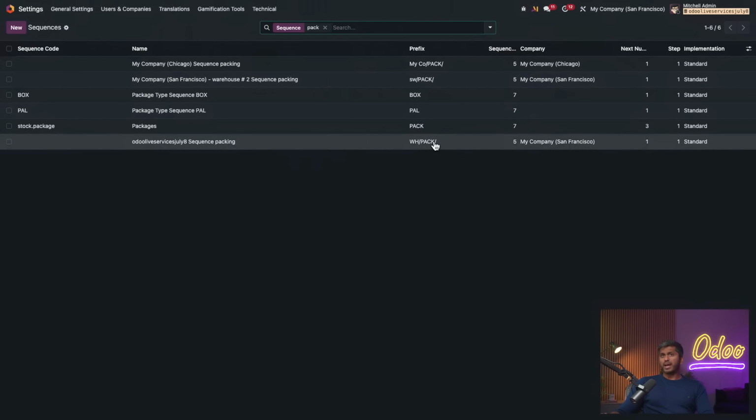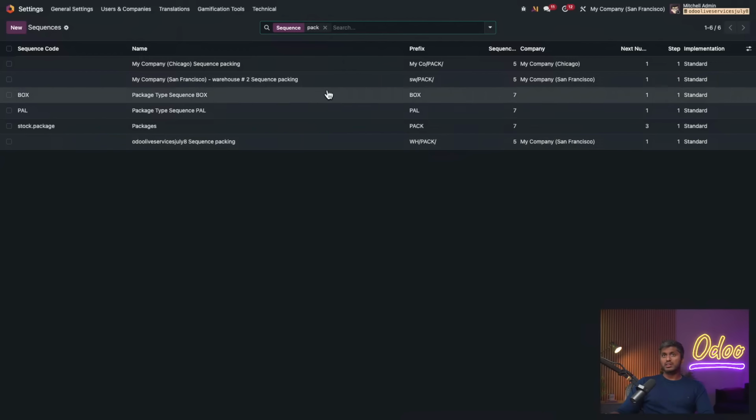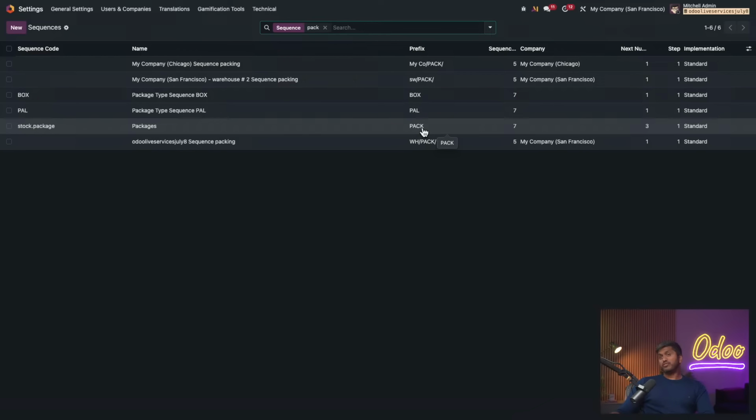So we have one for pack, for packaging. So there's one for packages, pack. If you have your own custom sequence numbers that you want to start with, you can choose to come and update this here, and then Odoo will start generating automatically based on your specific sequence or prefixes that you use. Okay. All right. So going ahead,